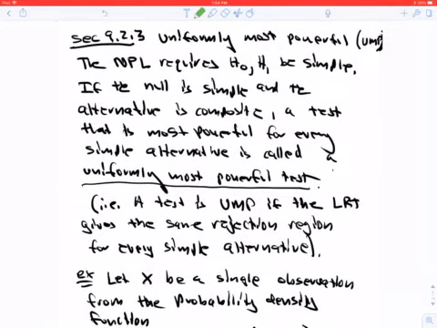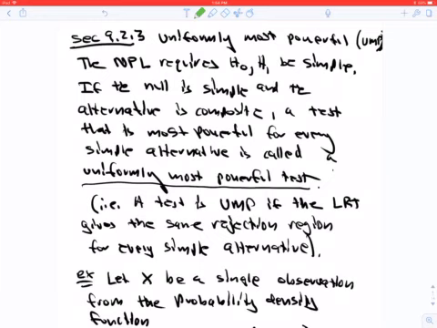An area in both tails. Uniformly most powerful is a topic that is very important to understand. It comes up a lot, and it's also potentially confusing for a lot of students, but really it's not that hard. Basically what it says is that a test is uniformly most powerful